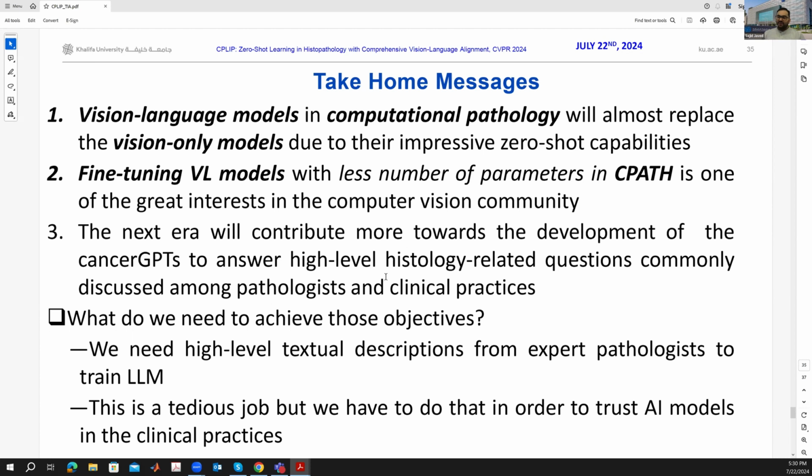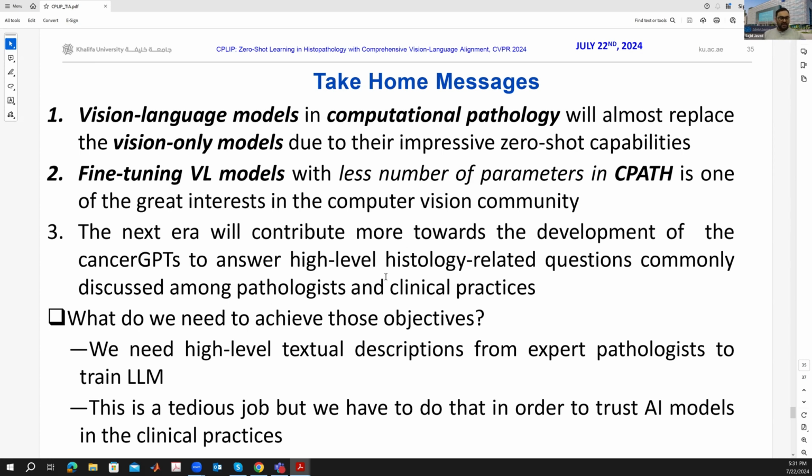Well, the next era will contribute more towards the development of cancer GPT. We want to deploy a pathology GPT in the clinical setting, which pathologists can interact with, ask basic questions, and get their answers from the cancer GPTs. To accomplish this, we need high-level textual description from expert pathologists